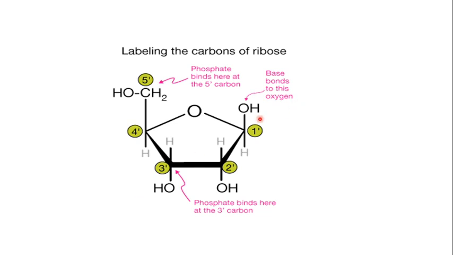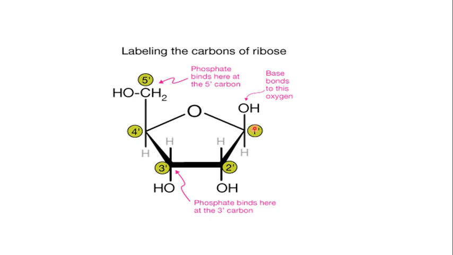One thing to keep in mind is that the ribose sugar and the nitrogenous bases, both of them have carbon atoms. So how do we differentiate between the carbon atoms of the sugar and those of the nucleobases? We do that by putting a prime on the carbons of the sugar. So if this is a 1 prime, this means you are talking about carbon number 1 of the sugar.